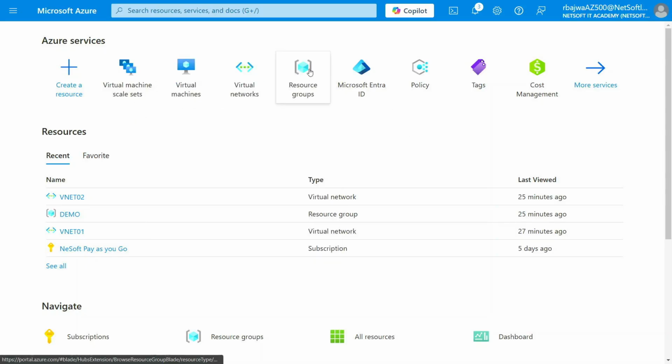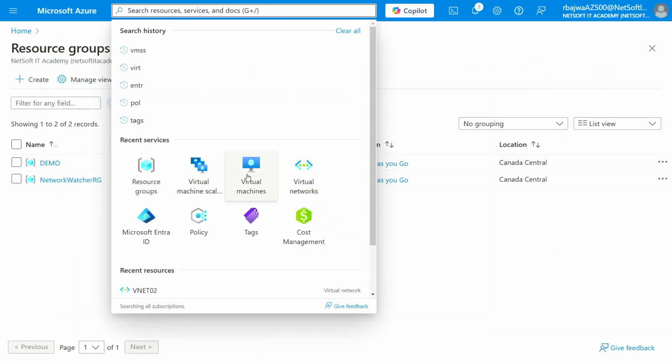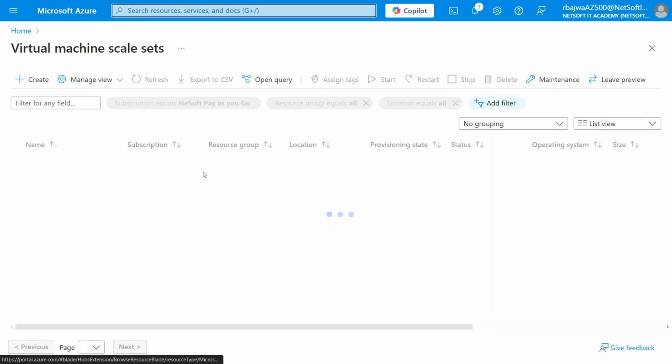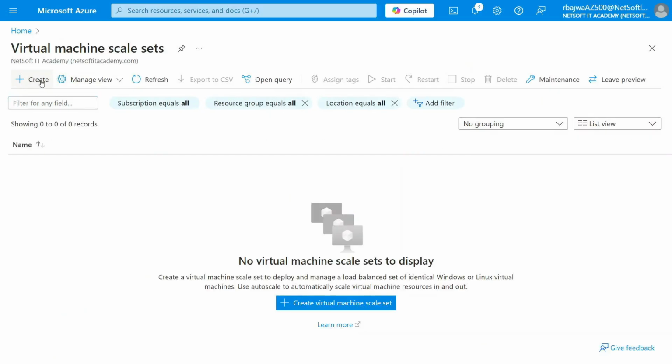For that, I need a resource group. I have one. And I also need a virtual network, that also I have one. And now we can deploy a virtual machine scale set. So I will just click on create,